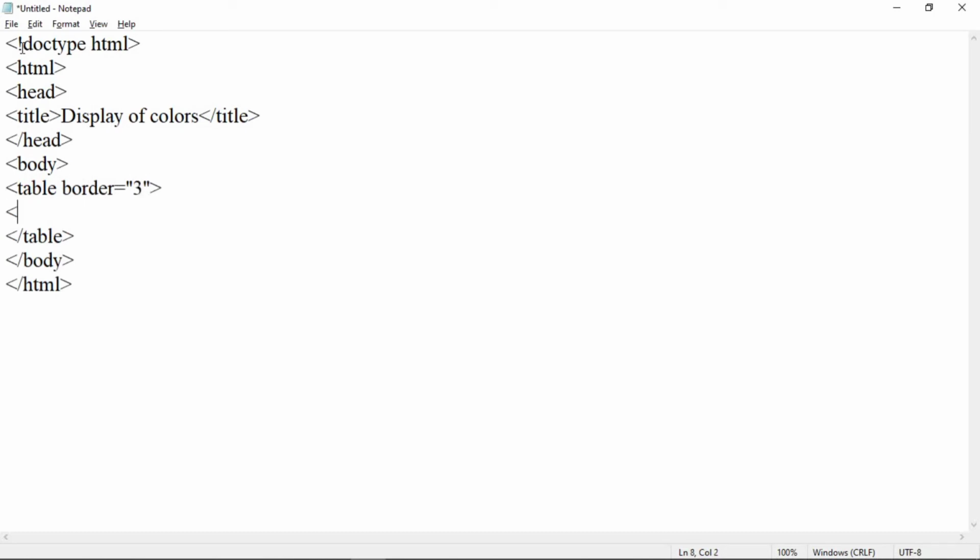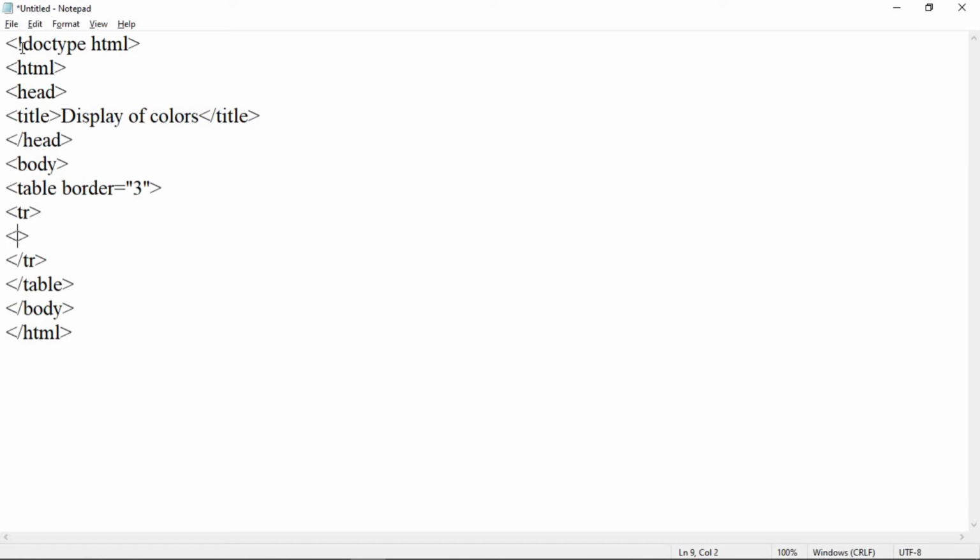Now let us first of all create a table. So to add different rows in a table, we will use a tr tag start and end of tr. Within this, now suppose first row content is color 1. So that will be added with which tag?